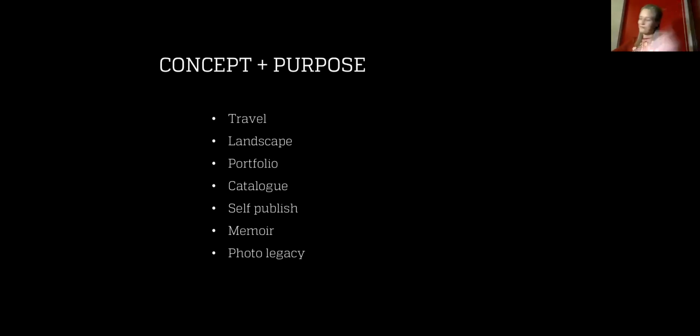So I imagine that many of you might be interested in creating a travel book right now, maybe for a bit of vicarious travel. This is just an example of one, a Mediterranean holiday. I just want to flick through so you can see a little bit of the book format, but also the inclusion of text in this is very